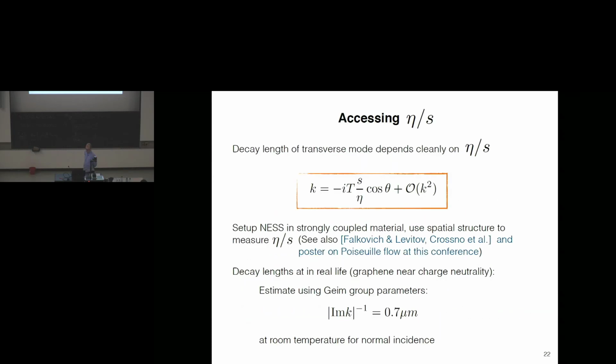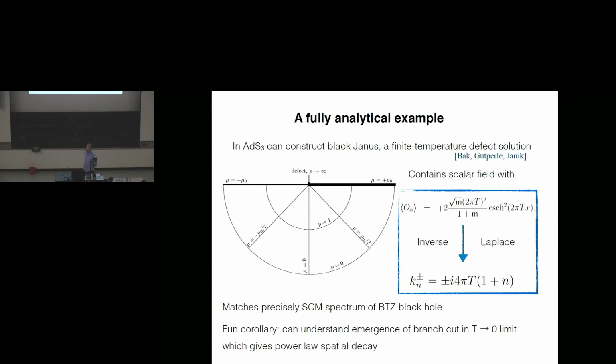Well, what we have seen, which was one of the remarks I skipped, is this bifurcation. Is that related to the emergence of a branch point? Is this what you're saying? So what we can see here, for example, is that you have essentially exponential decay at any finite temperature, but if you take the zero temperature limit, either by doing it somewhat by hand at the spectrum or by taking the inverse Laplace transform of the zero temperature limit of this, you actually find that this becomes an algebraic decay. And this algebraic decay actually corresponds to a branch cut in the complex K plane.